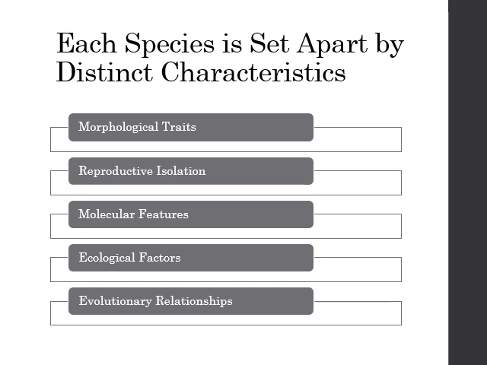All right, so start taking some notes if you haven't started already. This is where we're getting into the weeds. Every species is set apart by some distinct characteristics, and we talked about a few. Their functions. We talked about what they look like, but there are a few others. Reproductive isolation, for instance. Molecular features, their ecology, where do they live? And how they're related to each other as far as evolution goes. Now, I know you're going to want to scribble everything down super fast. I'm going to give you slides on each of these, one by one, going into depth.